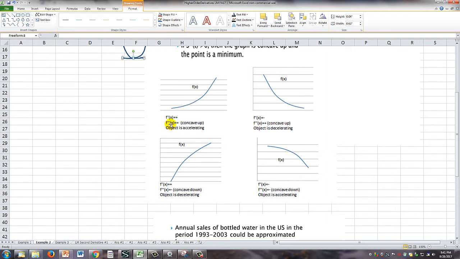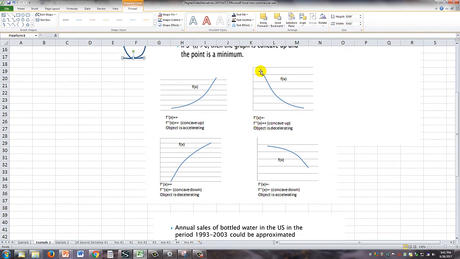If your second derivative is positive, then that means it's concave up, like we just said, and so what's going on is you are accelerating. Your function is increasing at an increasing rate